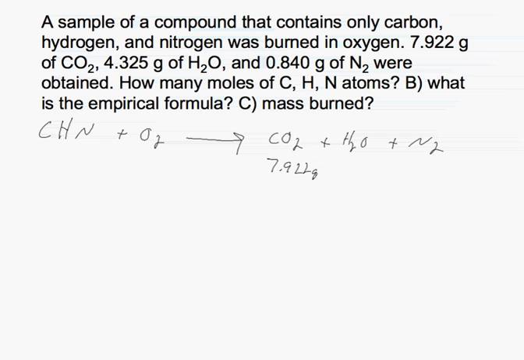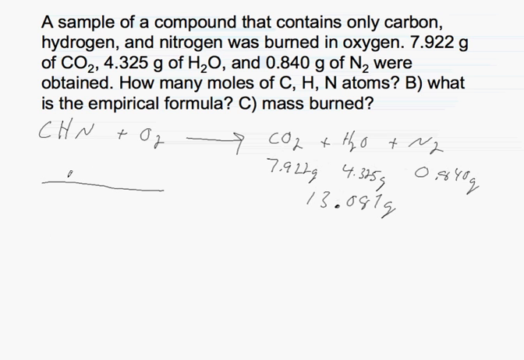7.922 grams. We obtained water in 4.325 grams. And we obtained nitrogen at 0.840 grams. Now the total of this here is equal to 13.087 grams. So 7.922 plus 4.325 plus 0.840 gives us a total weight on the product side of 13.087 grams, which means that